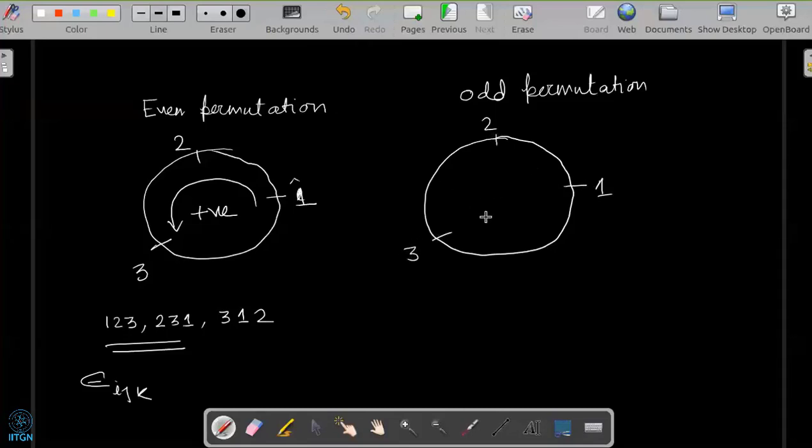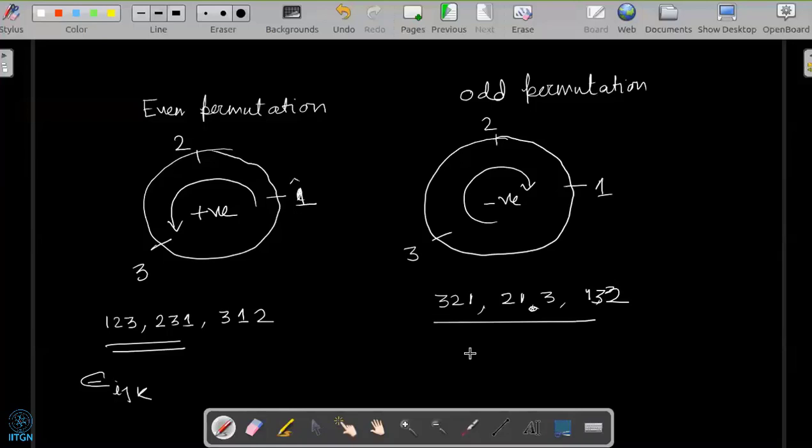Instead of anti-clockwise, if you are following clockwise, then it is negative. The example is 3 2 1, 2 1 3, 1 3 2. This permutation combination will give -1. So this is what even permutation and odd permutation. So now, using this,